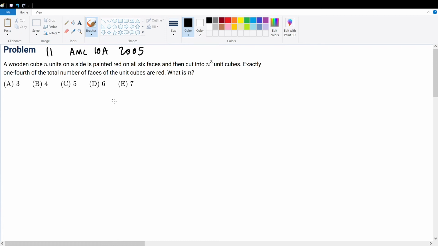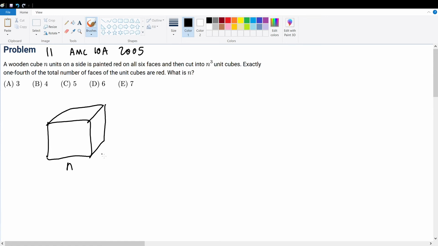Problem 11, AMC 10A 2005. A wooden cube with n units on the side is painted red on all 6 faces and then cut into n cubed unit cubes. Exactly 1/4 of the total number of faces of the unit cubes are red. What is n? So if I draw myself a cube, since that's what the question is asking for, we can